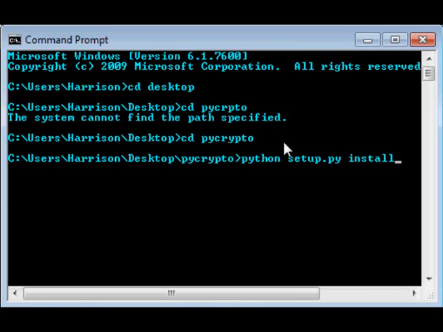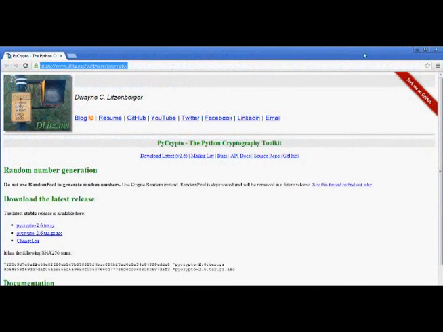Now I've already installed it myself, so I'm not going to do it, but you would just hit enter here, and that will install PyCrypto and really any other import that has setup.py in it. So once you've got it installed and downloaded from here,